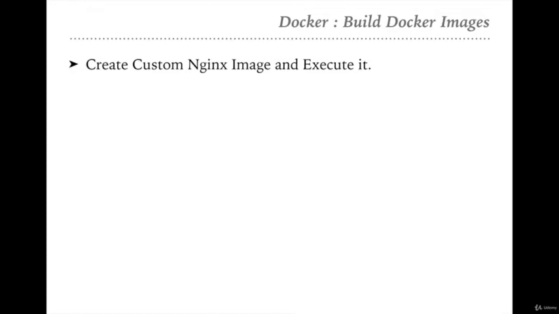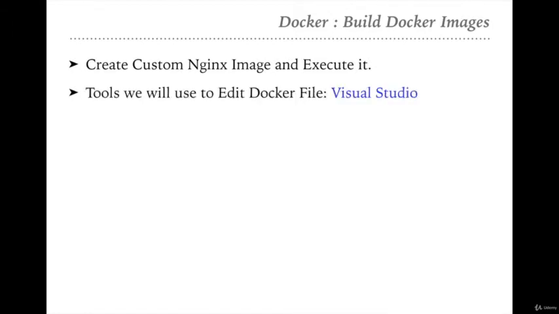But before creating any Docker file, we need some kind of editor where we can create or edit the Docker file. For this, in this training section, we are going to use Visual Studio. Visual Studio is a code editor tool provided by Microsoft, and in recent days I am finding it very suitable and very popular, right? Visual Studio Code can be used with any kind of programming language. You can use it with C, C++, Python, Ruby, PHP, even with the Jenkins file and Docker file. So first we will see how we can use Visual Studio Code.